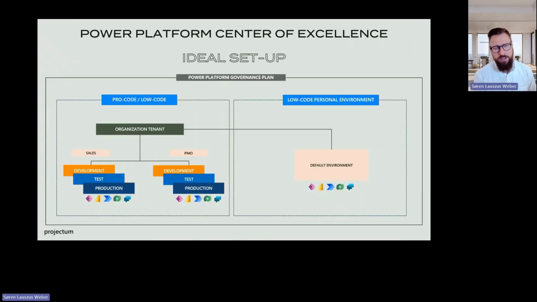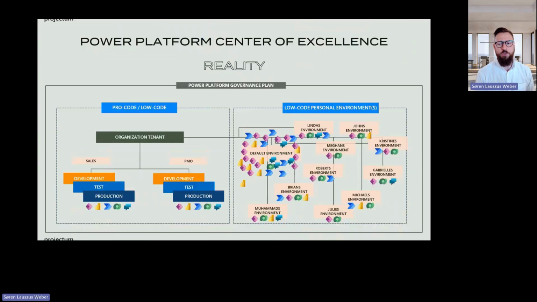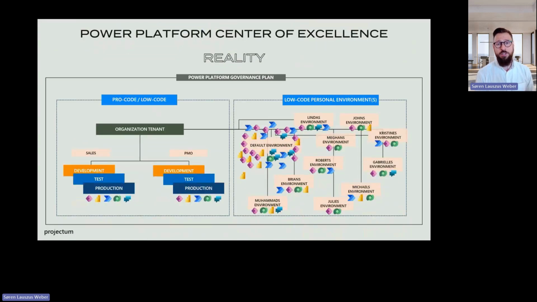So also some slides that I showed last time, but the idea, the ideal setup that everyone thinks about when they're thinking about the Power Platform and the Power Platform Center of Excellence, is that you have a governance plan of saying that we are able to keep things neatly controlled. You have your specific environments for specific departments, and then you have a default environment with a couple of things that are this low-code personal environment. But what really happens is that typically we see that